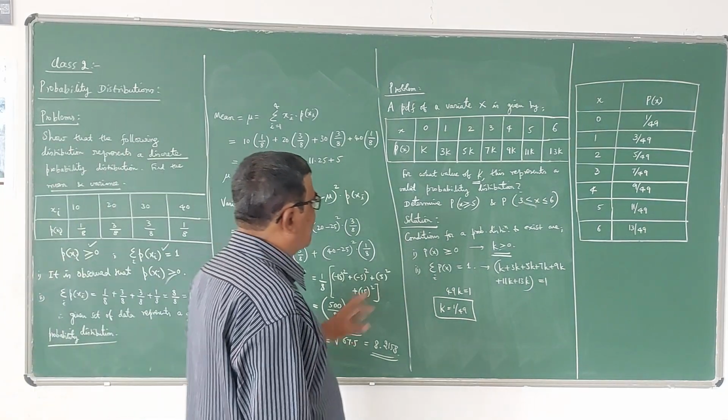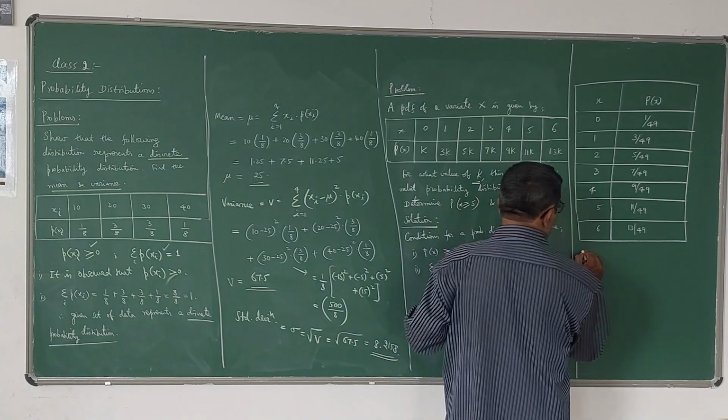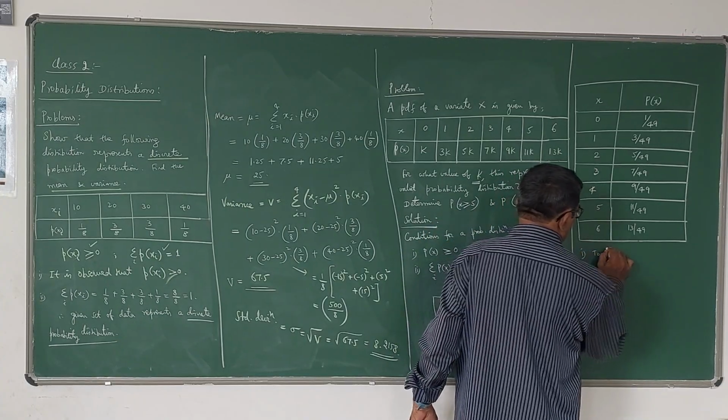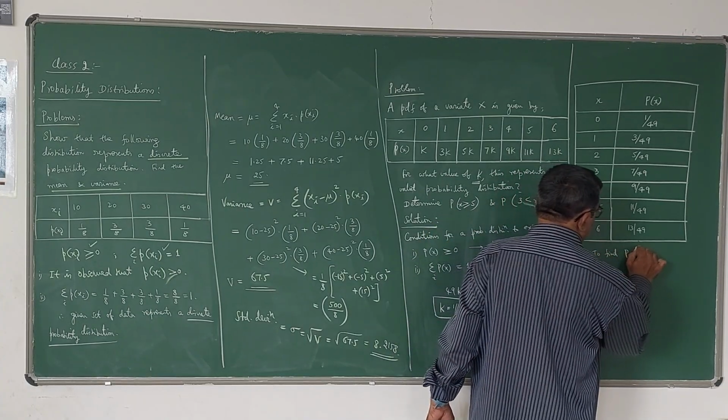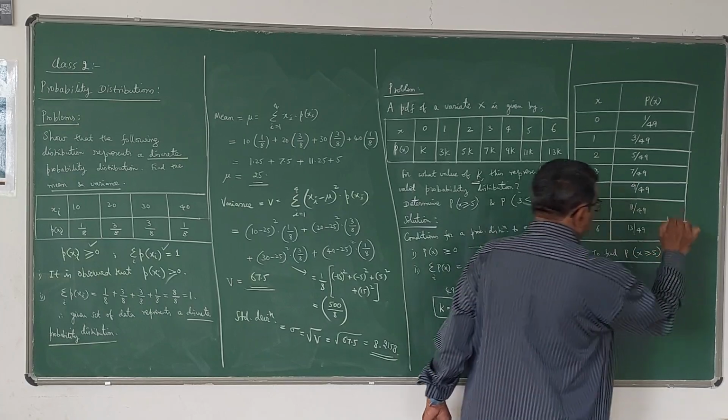Now what we have to do is find out p of x greater than or equal to 5. So to find p of x greater than or equal to 5, now we have to do